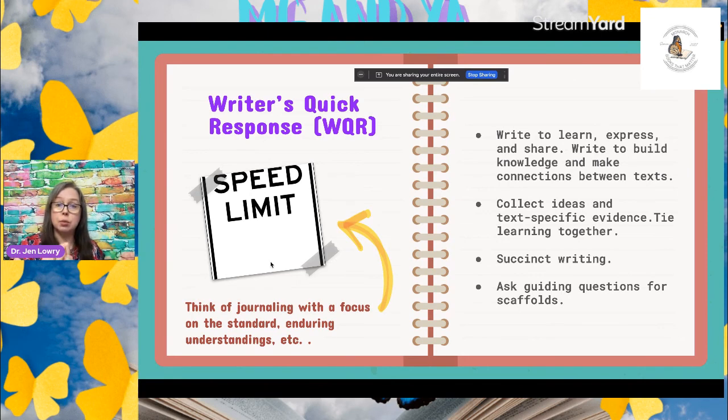Because a writer's quick response is not just you writing a summary. He did this in the jungle. He hunted that in the jungle. His mother told him this in the jungle. His guardian mother. Don't do that with a writer's quick response, because you're missing the point of what a writer's quick response is for. It's for narrowed,